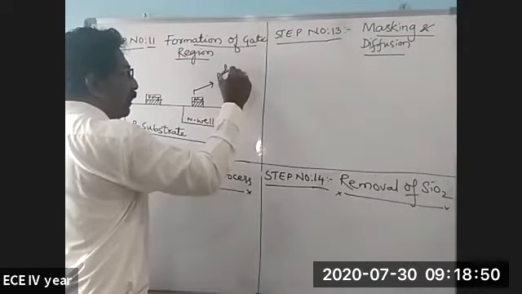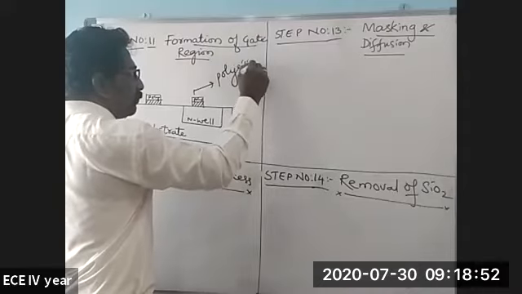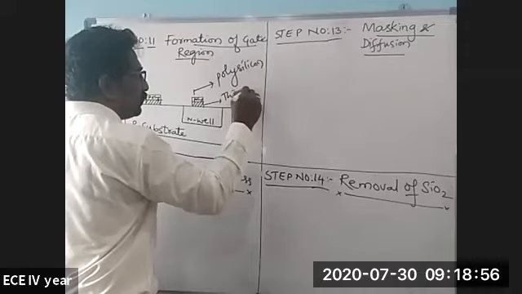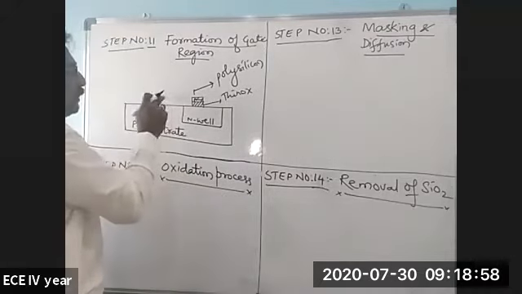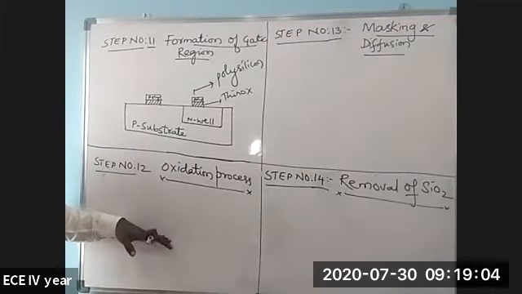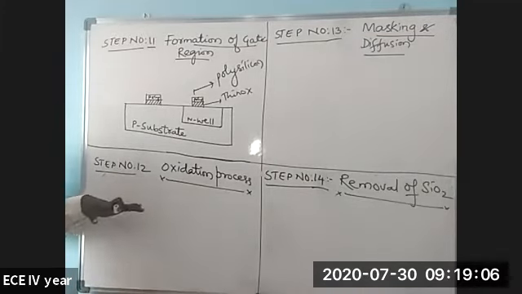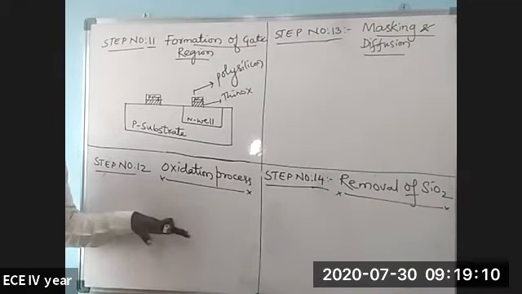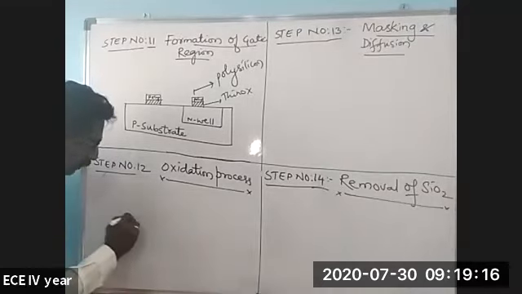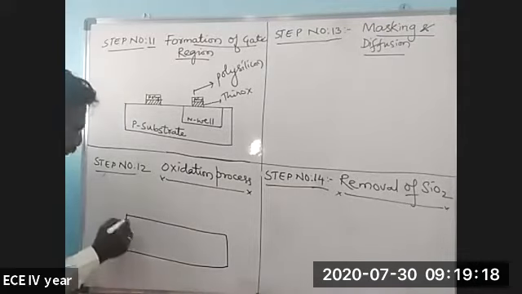So now this will act as the polysilicon gate terminal, and this is the thin oxide in both cases. Here also, this is poly and this is thin oxide. Then next, upon this entire surface, an oxidation layer will be created in order to protect the wafer from further diffusion and metallization processes. So now, upon the entire wafer, the oxidation process has been done.